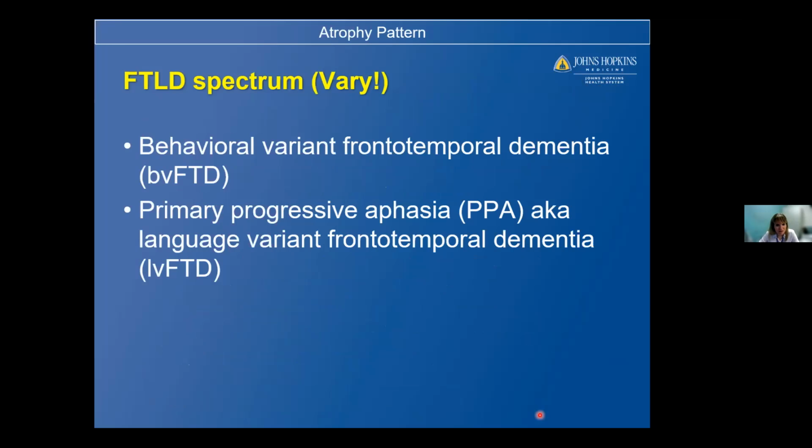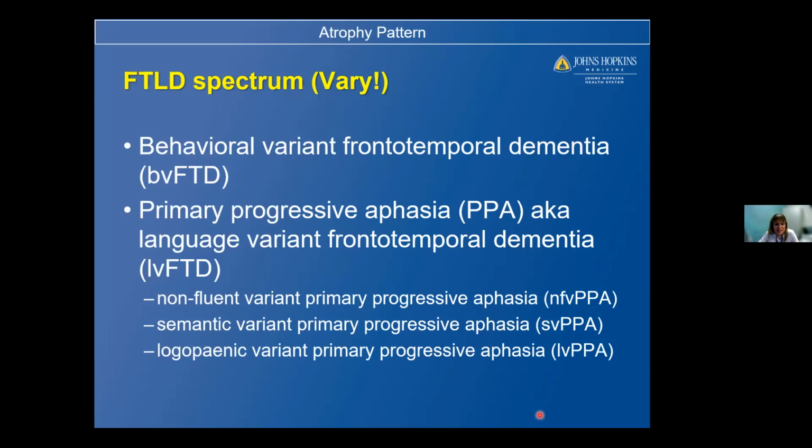The conditions grouped under the FTLD term vary from publication to publication, depending on whether clinical, pathological, or genetic factors are used in the classification and when they are published. So the most commonly used and convenient division, based on clinical presentation, is into behavioral and language variants, or primary progressive aphasias, or PPAs. The behavioral variant demonstrates predominantly frontal lobe changes, whereas PPAs have a predilection for the temporal lobe, particularly the left, and are further subdivided into three clinically distinct entities: the non-fluent, the semantic, and the logopenic